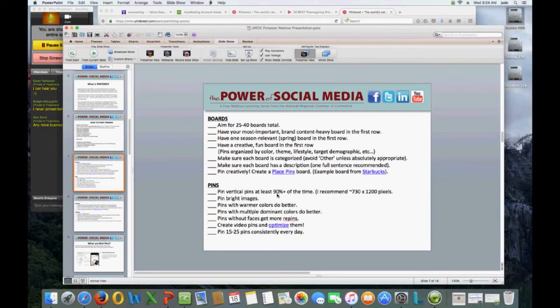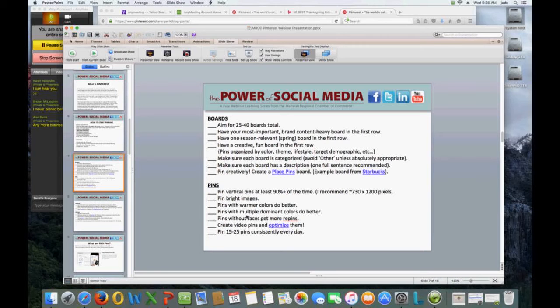And pin vertical pins at least 90% plus of the time, because when you do that, it just takes too much space, and the bright images have more attraction, and warmer colors do better, multiple dominant colors do better. Without faces, believe it or not, get more repins.